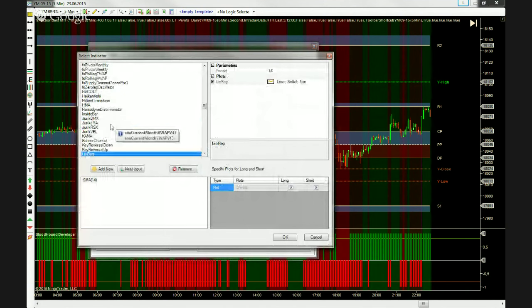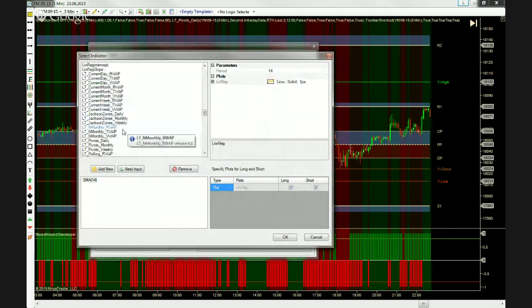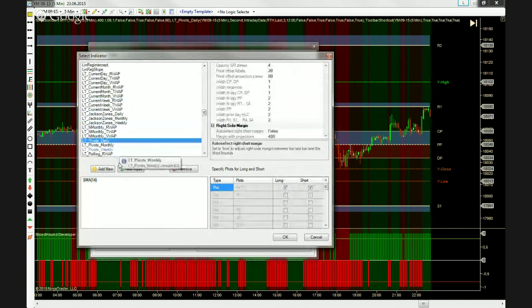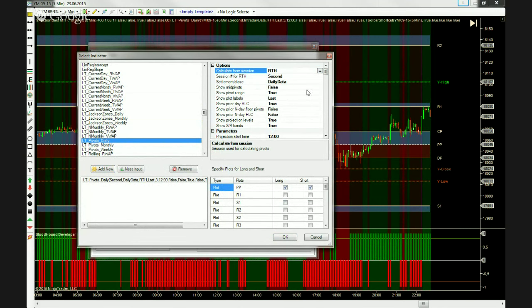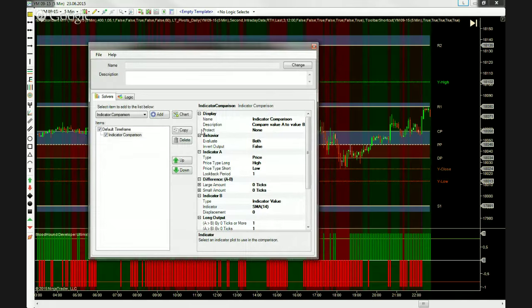So we'll find the VWAP Daily pivot, add it. The plot that we will select for this example is PP, pivot point. And again, very important for the session pivot indicator, remember to choose the session that you want to draw data from. So we're choosing the regular session and we're working with intraday data. We hit OK